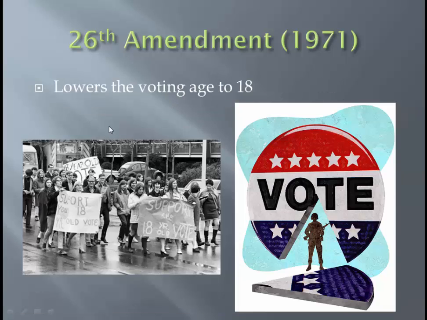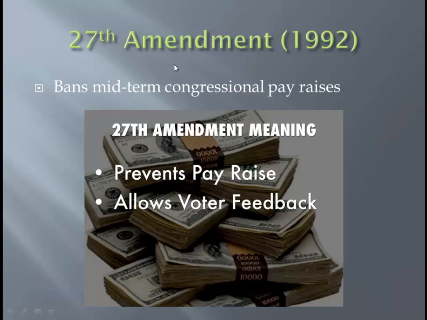26, 2 more. The voting age to 18. Voting age used to be 21. And if you don't know what was going on in the 60s and 70s, people were fighting in the Vietnam War. They were drafted. 18-year-old dudes had to go and fight. Well, there's this thought in the country that if you can fight for your country, you should be able to vote for the commander-in-chief. So in 1971, no state can say you got to be 21 years old. The federal standard is what? 18 years old. And then the 27th Amendment, the last one, simply says that Congress can't give themselves a raise in the middle of a congressional term.